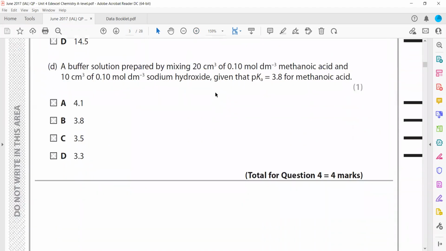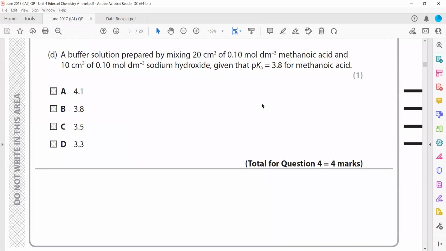Then, a buffer solution is prepared by mixing 20 cm cube of 0.1 mole per dm cube methanoic acid and 10 cm cube of 0.1 mole per dm cube sodium hydroxide. So it is a buffer solution, a weak acid and its salt, and the pKa is given. What we can do is, this is giving us the concentration of acid, and this one is giving us the concentration of the salt,